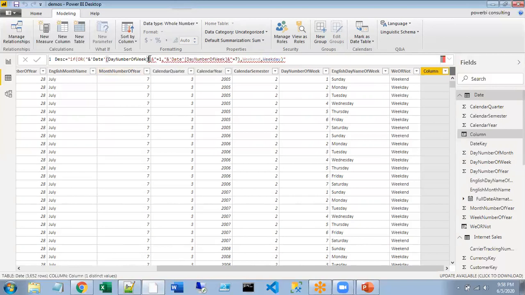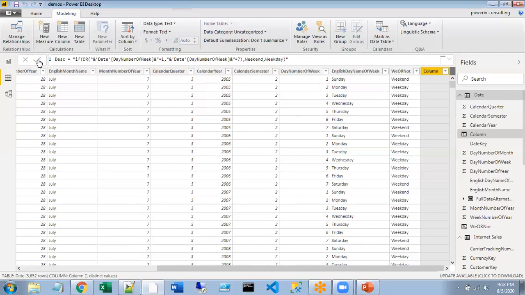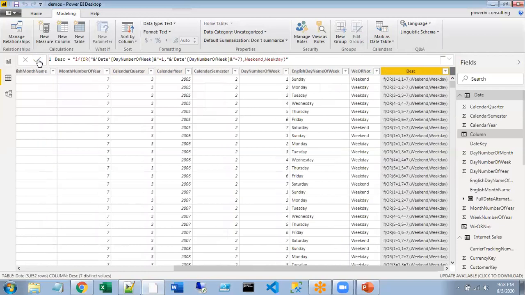I need to have this ampersand before. Let's close that. I think this should be fine. Now, try to understand this expression. I'm just preparing this concatenation for your understanding only. This is the result of the same expression when it gets evaluated, but here I'm displaying the expression with the value so that you can understand it easily.